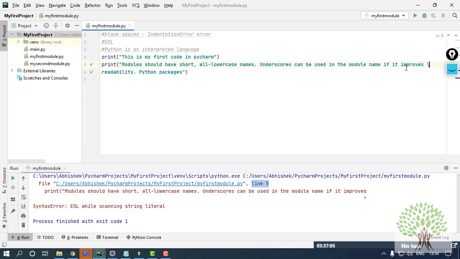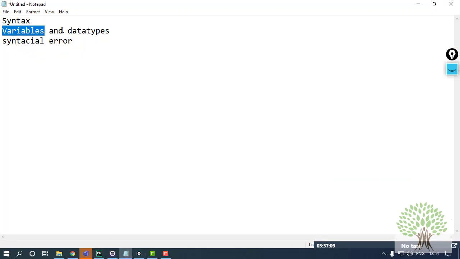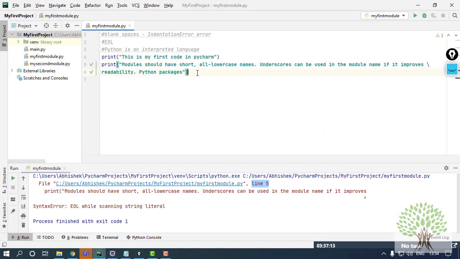Now moving further, I have the topics of variables and data types. Let's first discuss variables. Variables are nothing but containers in which you can store a value.